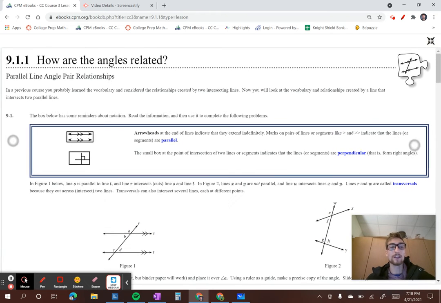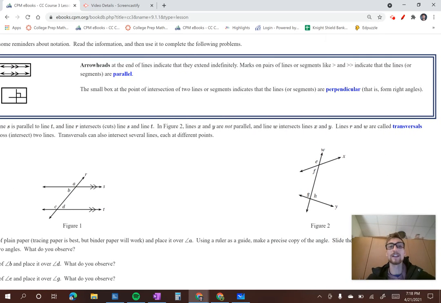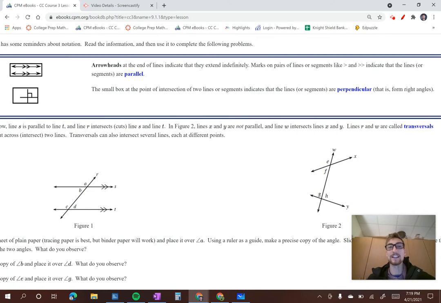So diving right into it, looking at 9-1, it says the box below has some reminders about notation, and we're going to read through this information real quick. First off, it says arrowheads at the end of the lines indicate that they extend indefinitely, and marks on the pairs of lines or segments, like those greater than symbols that we see on the screen, indicate that lines are